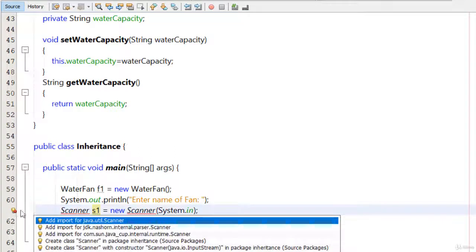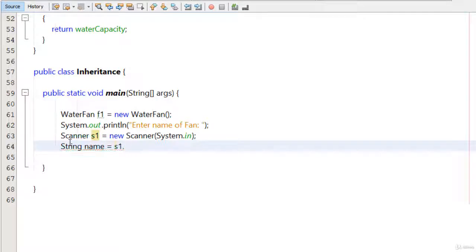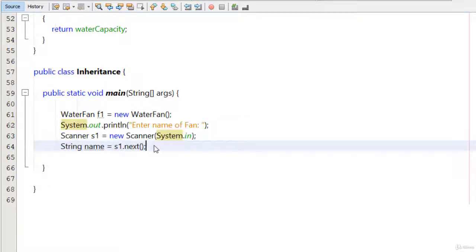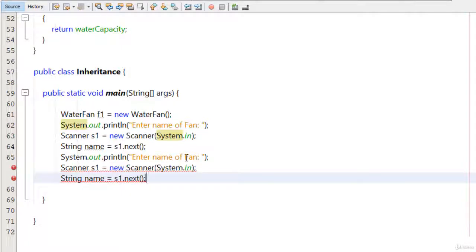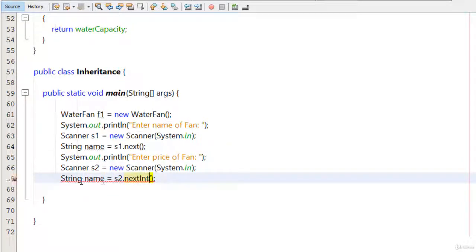Now I'm going to import the Scanner class here, and then String name equals s1.next, and I'm going to copy this code and paste it here and change it: enter price of fan, and s2 as s2. Also, I'm going to change it with nextInt and the name with the price here,